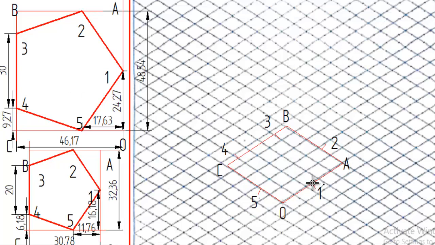Now we join all these 5 with a thick line, that is a visible line, we can say 1, 2, 3, 4, 5 and back to 1. Okay, once it is finished, you can delete all the namings, they are not needed. Keep the frame to find out the center. You can keep erasing everything. So at each step, if you erase unwanted things, it will be easy, otherwise it will be clumsy, with more lines, more points, it may lead to confusion.